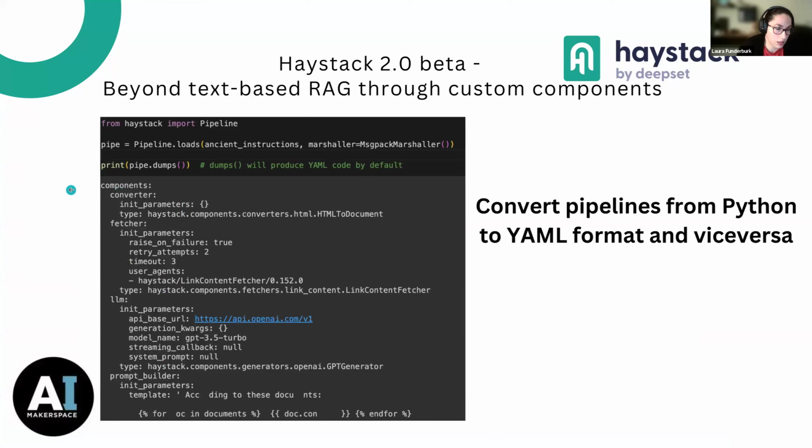The last thing is this idea of converting pipelines from Python to YAML format and vice versa. Sometimes, especially when you're dealing with scheduling or productionizing your pipeline, you might want to move away from working with just Python files, and you might want to start creating layers of abstraction a little bit and adding schedulers. Let's say that you want to schedule this on a cluster,